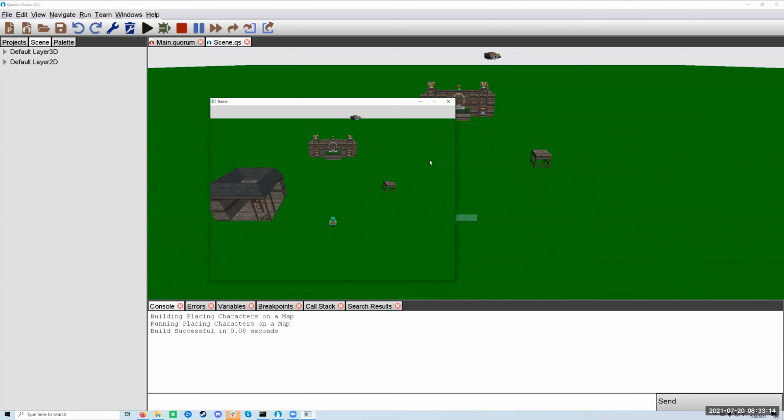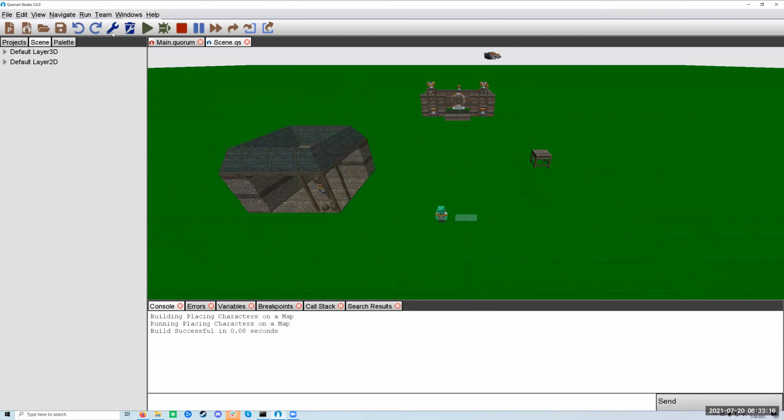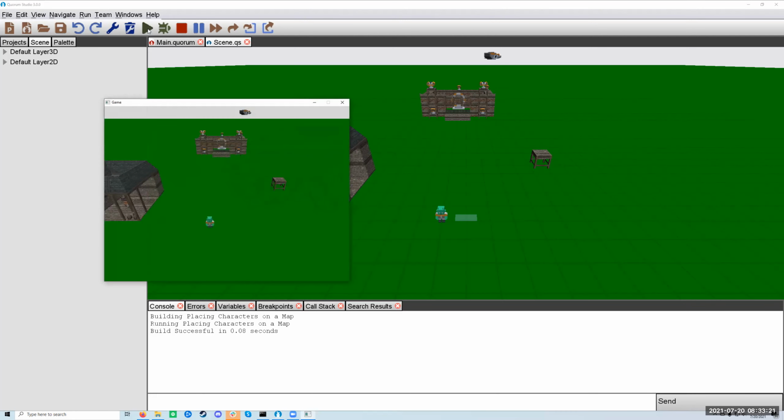I'm going to go ahead and close the project I had. I'm going to save it. I'm going to run it again. My character is actually still not going anywhere. And the reason for this is